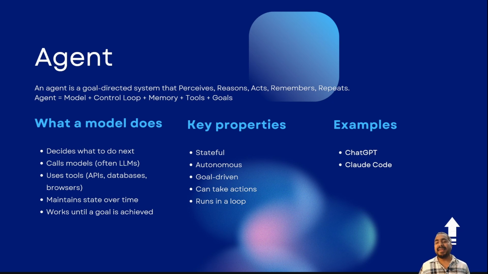Let me show you how an agent actually works. It follows a loop, sometimes called the agent loop or cognitive architecture. Step 1, perceive. The agent takes in information from its environment. This could be user input, results from a tool it used, changes in the data it's monitoring, error messages, etc. Step 2, reason. The agent processes this information, usually by calling its underlying model. It considers, what is my current goal? What have I tried so far?